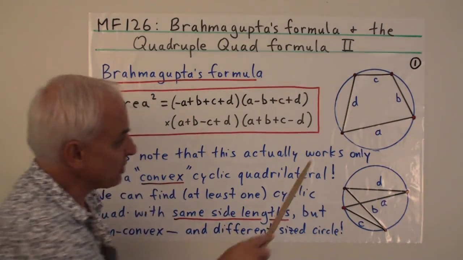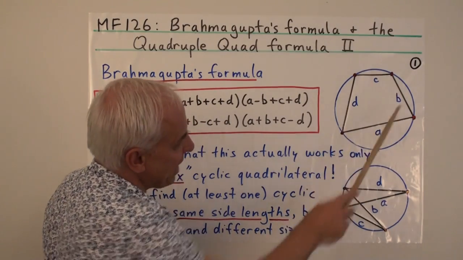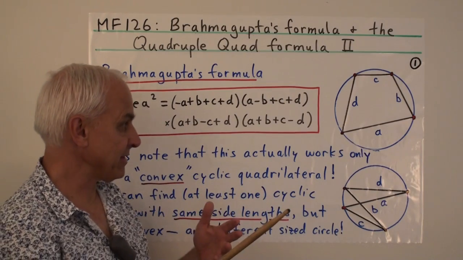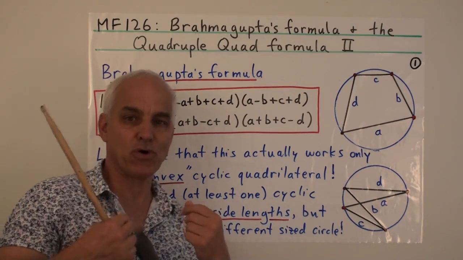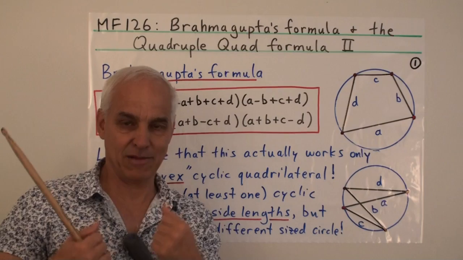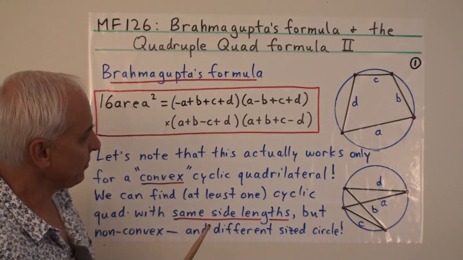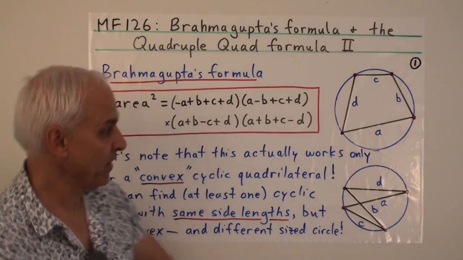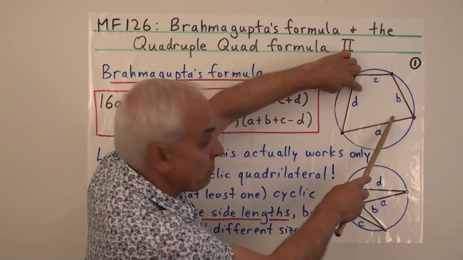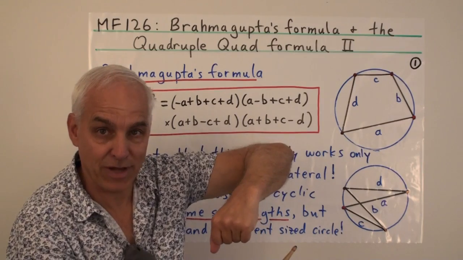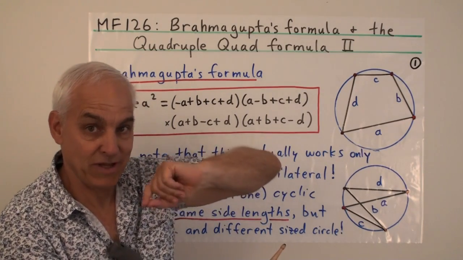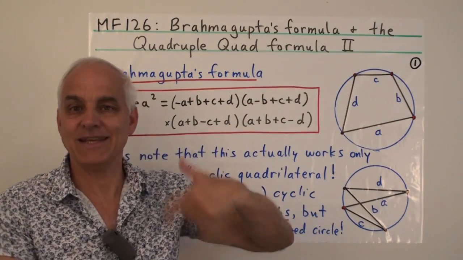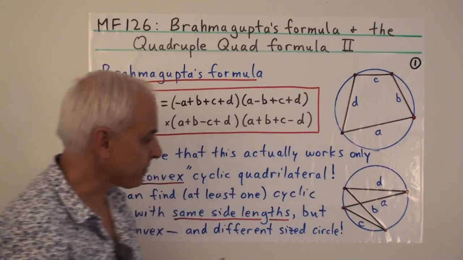Alright, so let's note a very important thing, that this actually works only for a convex cyclic quadrilateral. In other words, a quadrilateral that has roughly this kind of shape. Convex is a geometrical idea that's connected with the idea of ordering or betweenness in the plane. We haven't actually defined convex, so let me just say informally what it means. Informally, it means that if you take any 2 points which are inside the quadrilateral, so that's assuming you have a notion of inside, then the line segment joining those 2 points also lies inside the quadrilateral.